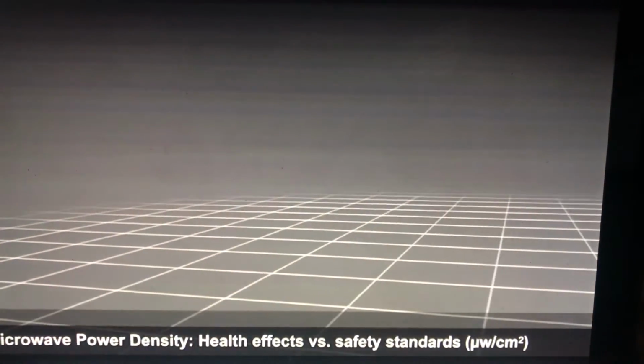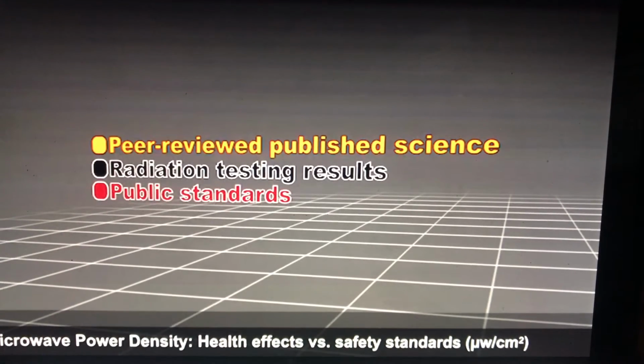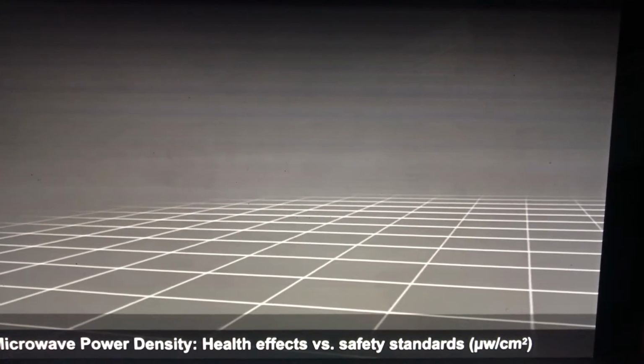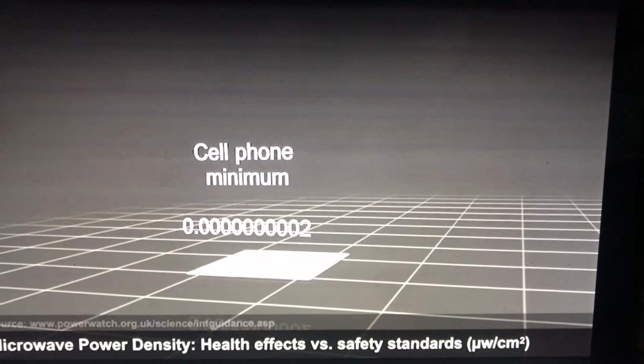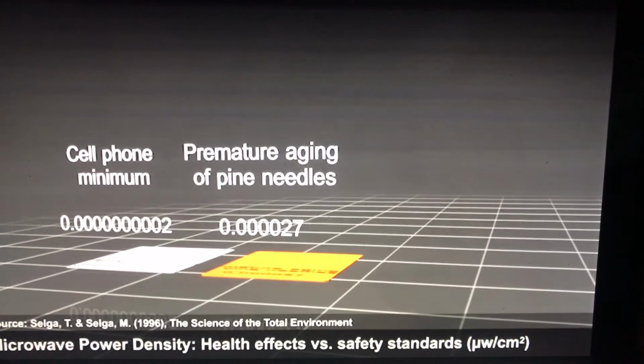And we now have vast amounts of published science on microwave radiation and health effects. The data we're going to look at are all published science, testing results, or public standards. At the bottom end of the radiation scale of what's called power density or signal strength is the minimum level at which cell phones will work, which was found to be 0.2 billionths of a microwatt per centimeter squared. Pine needles were found to age prematurely at